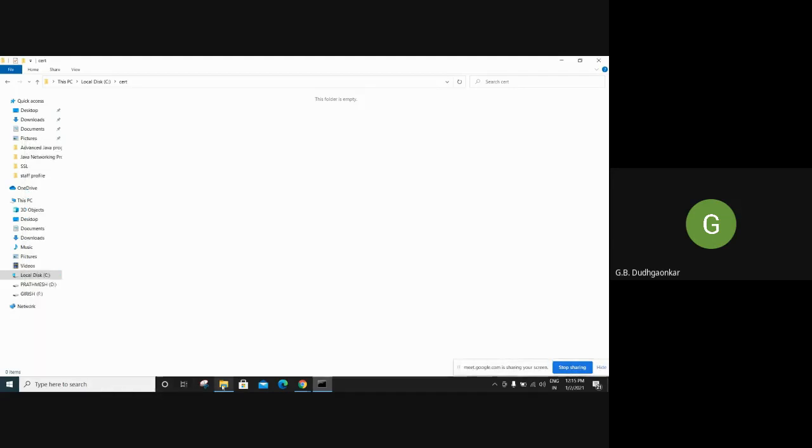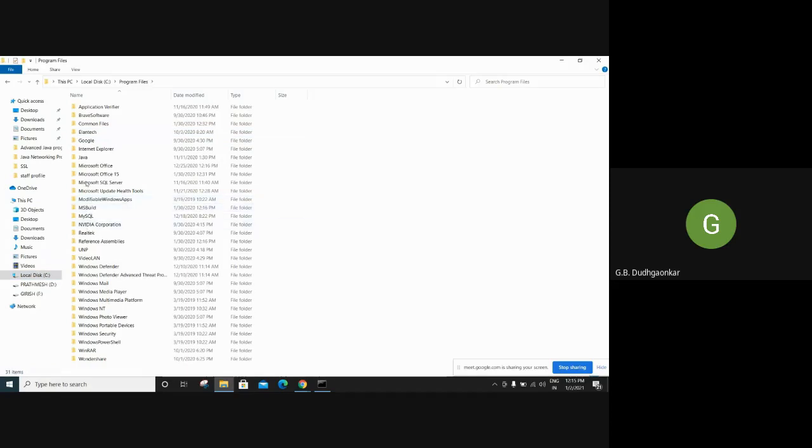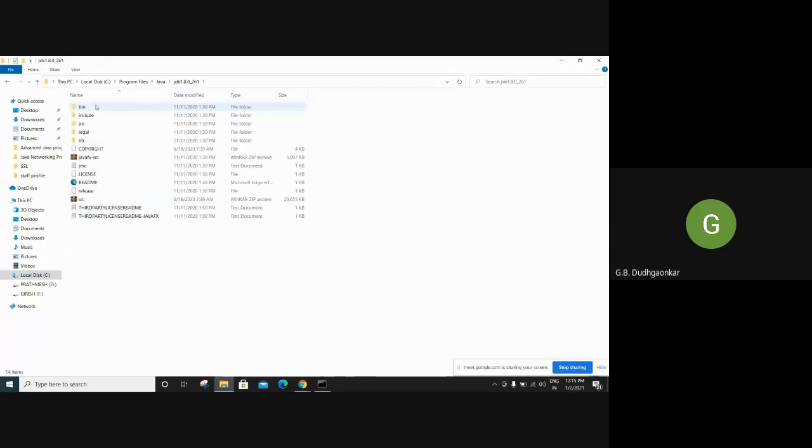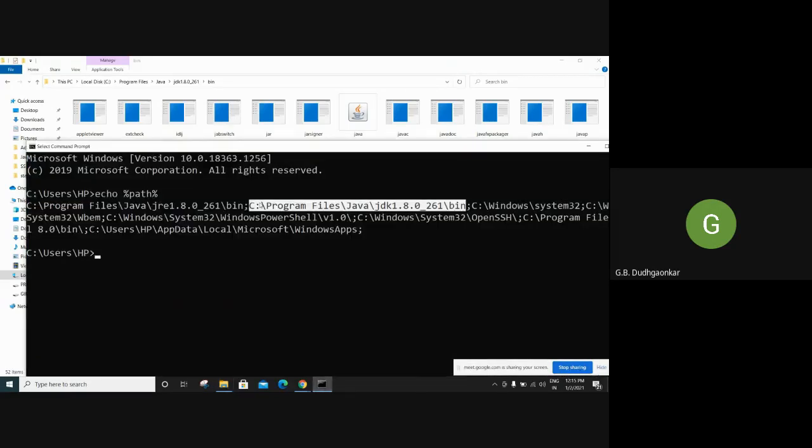Okay, so I will show you. So this is C program files under Java, under JDK or JRE. This is the bin directory. And see, these are all executable files on the screen. So whatever is named here, these are the executable files. So under that, I told you yesterday, there is a keytool. So see here. So keytool is available. That is an executable file. So now that means I can access this from here.